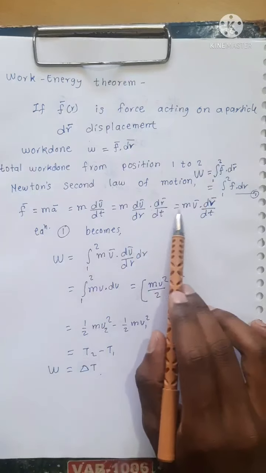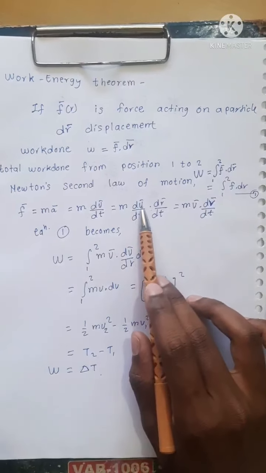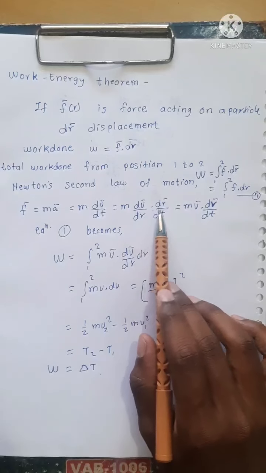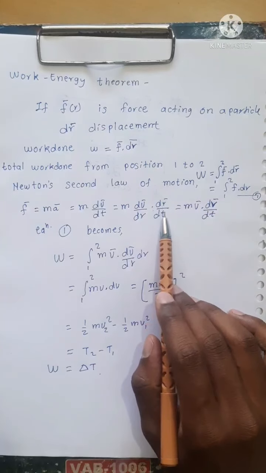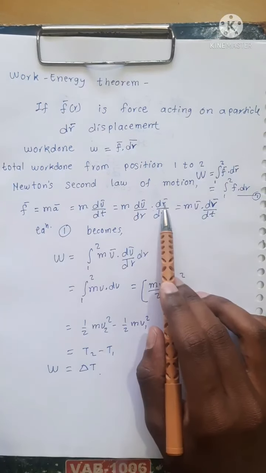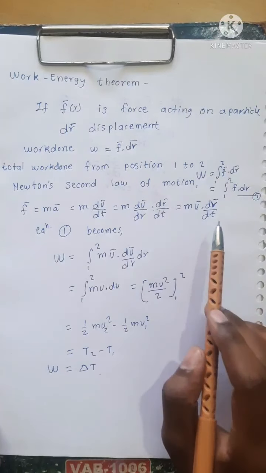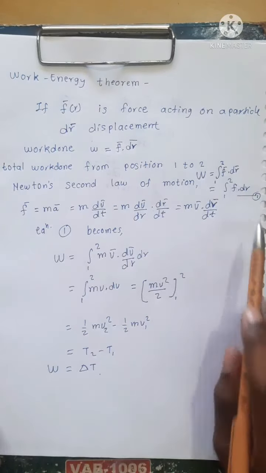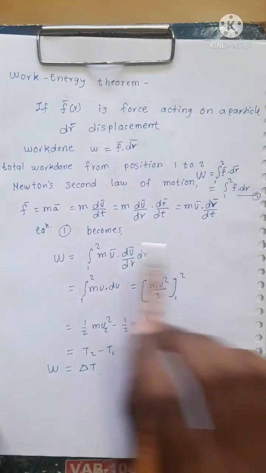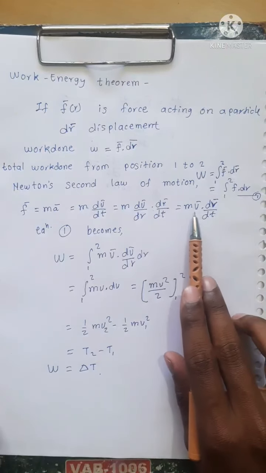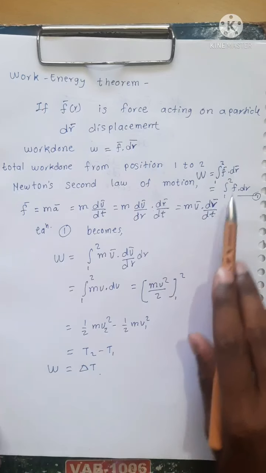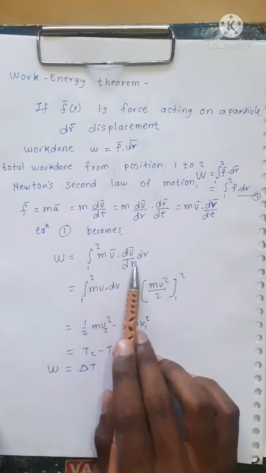So mass into v bar, where dr bar by dt is nothing but velocity, the rate of change of displacement with respect to time, and dv bar by dr as it is. Now our equation 1 becomes, with this value, because F bar is m v bar dr bar by dt, we put the value here